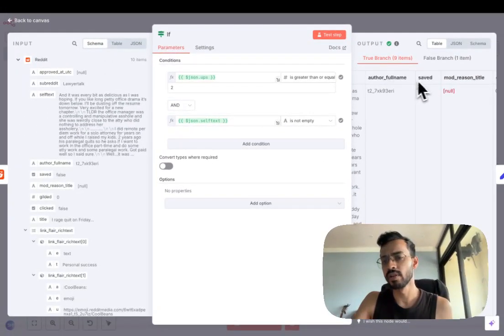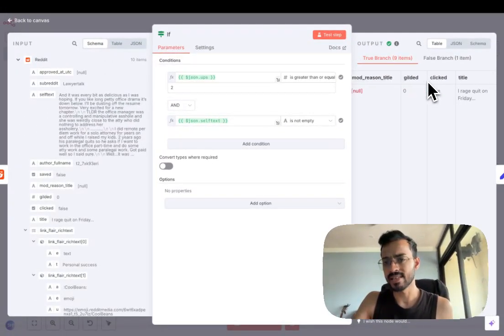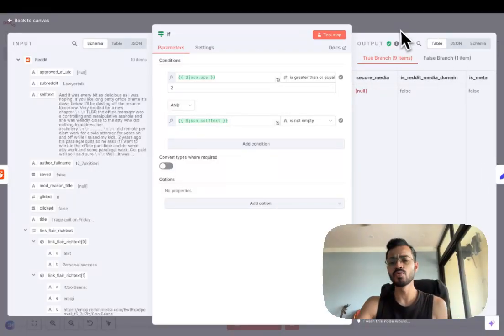There's author full name, there's clicked, there's title, there's downvotes, there's thumbnail height, there's link flare, text color, there's an upvote ratio, subreddit type. There's a whole bunch of data here, which we really don't want. We just want the data to be very clean and very specific to what we're looking for, basically.